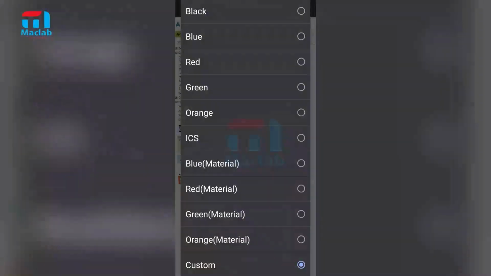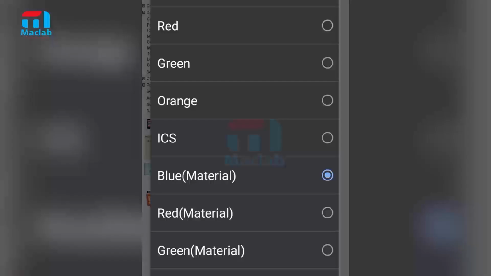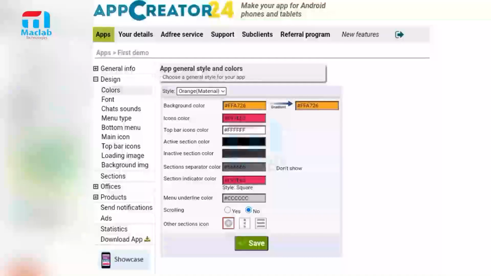But if you just want to leave it at default, you click on this, just select any of these default colors, and that will be it for it. So you go to fonts,